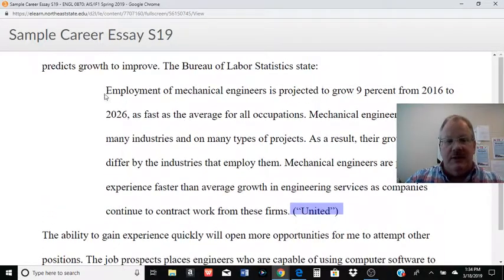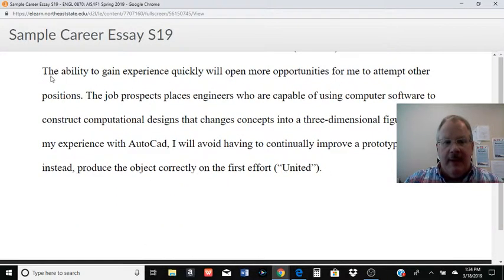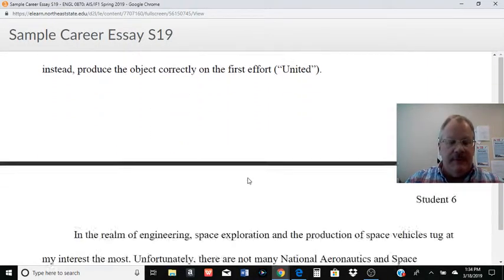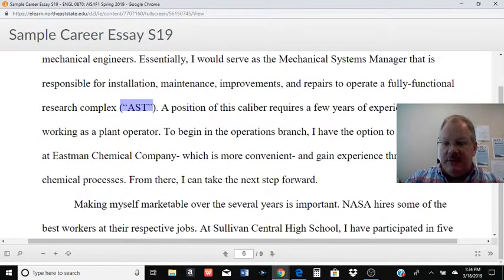Then you're going to see him using sources in different ways. Here we see a long quote. I'm going to talk in a little more detail in a second about all these. Here's a summary or paraphrase. But whenever he's using information, he's keeping track of where he's getting that information from. He's going to cite that source. Then at the end of his essay,